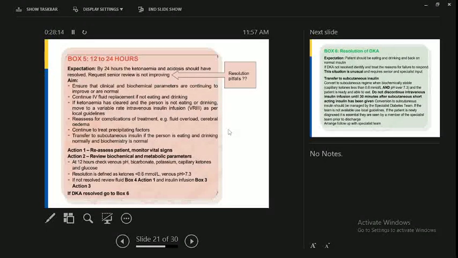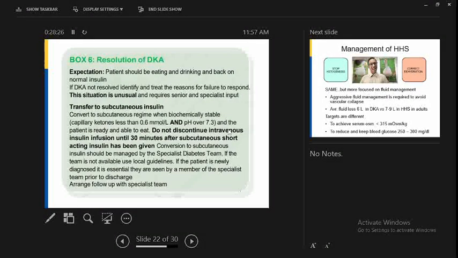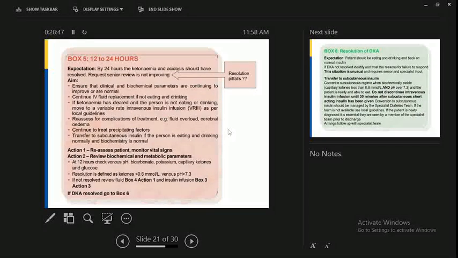So this is the same. By 12 hours you should achieve the resolution of diabetic ketoacidosis. Resolution means the capillary ketone levels should be less than 0.6 millimoles per liter, pH should be more than 7.3, bicarbonate should be more than 18, and blood sugar should be less than 200. So if those resolution criteria are met by 12 hours, you can then change over to the other insulin